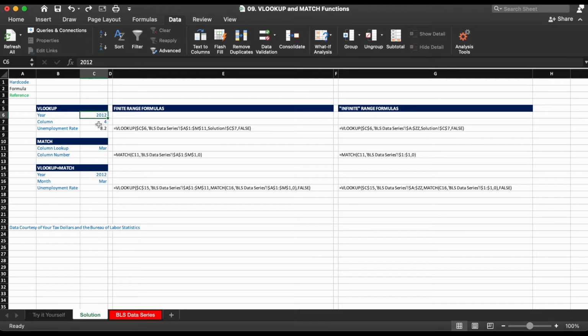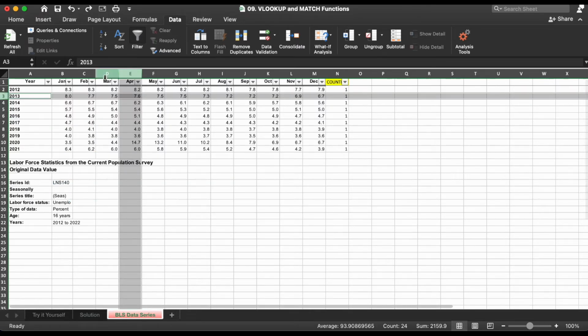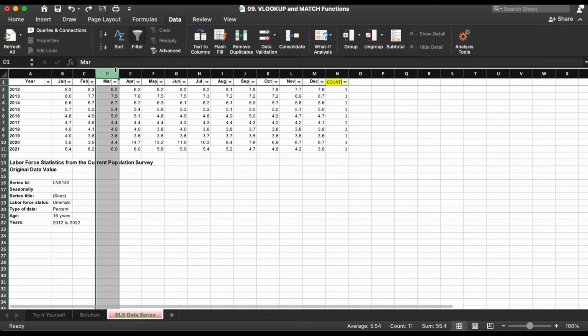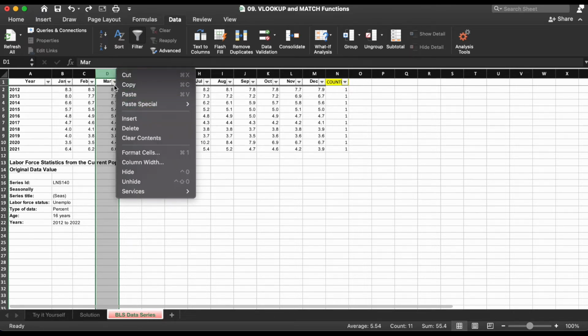And now I want to show you a little bit more about what I mean about inserting columns. So the lookup is in column A, and we want to go 4 columns over. So let's do this. Let's insert a column right here. And you can do this by either right-clicking and insert. So we'll do that.